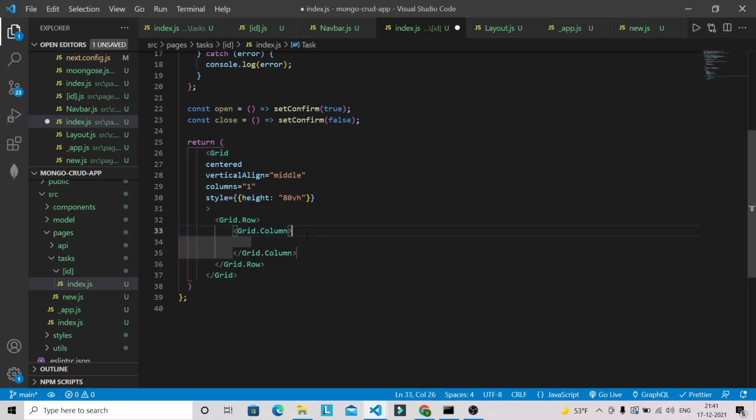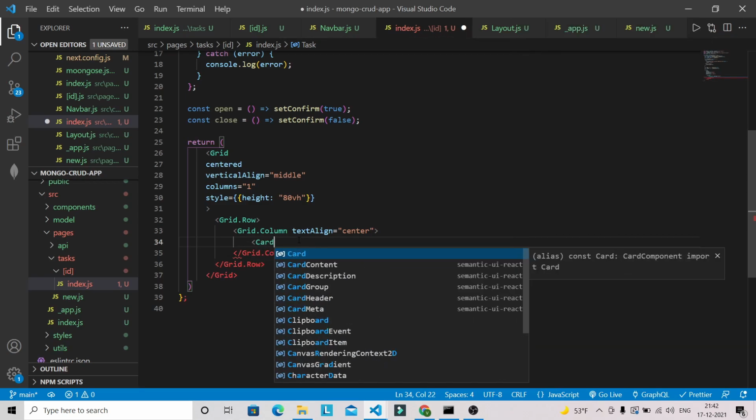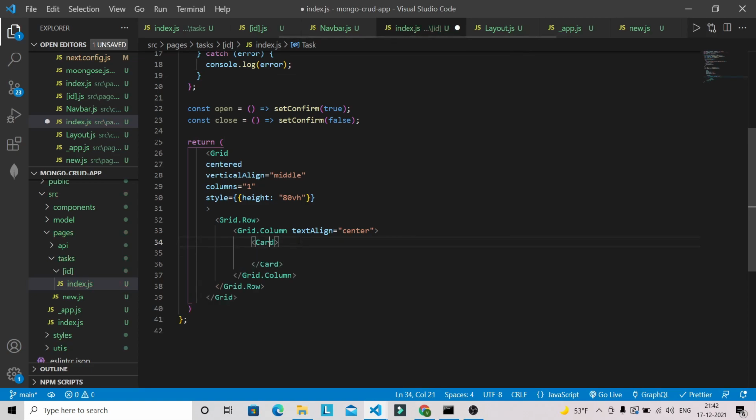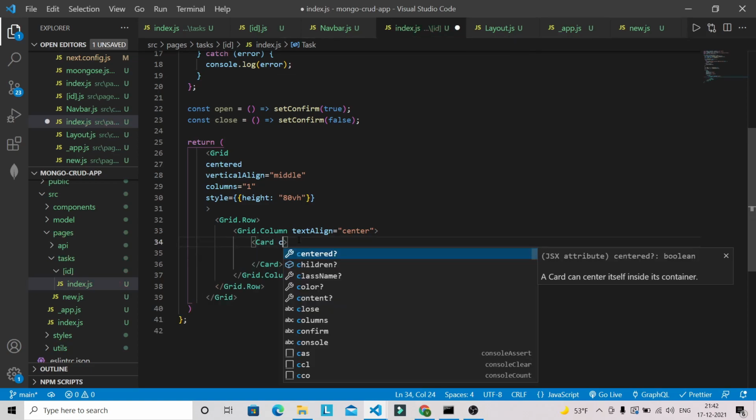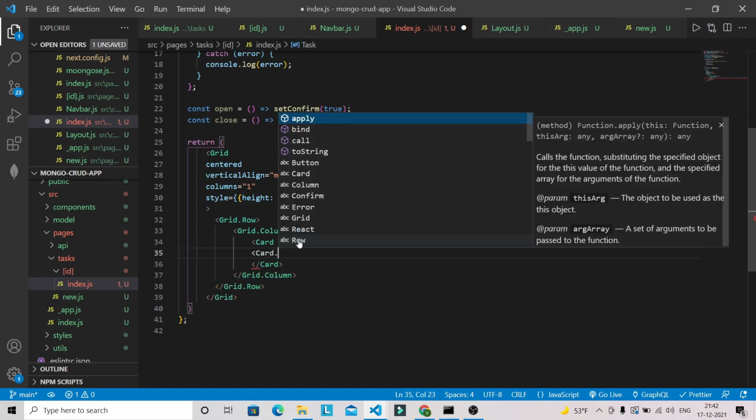Inside this we have to pass some props like textAlign, and it will be center, not centered. Inside this grid column we are going to use a card, a semantic card, and this card will be centered. Now we have a Card.Header.